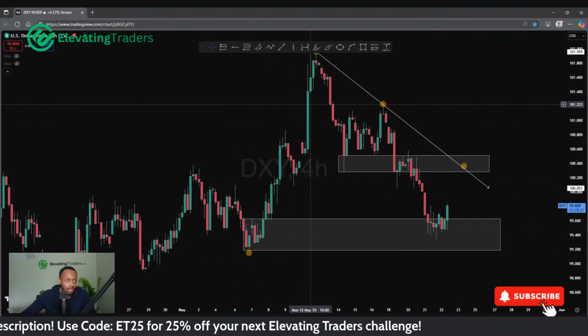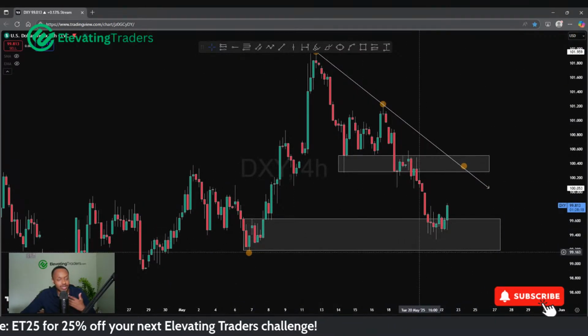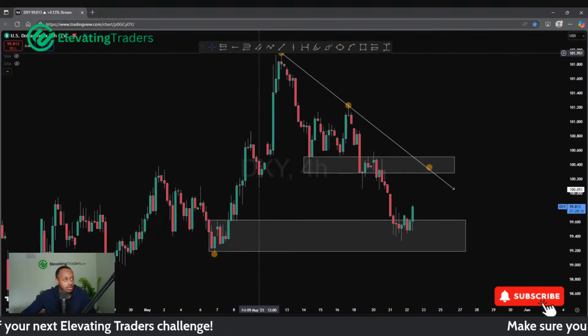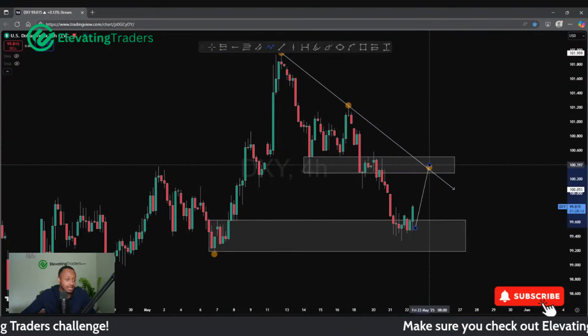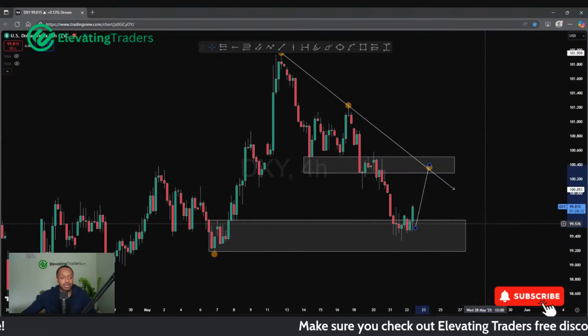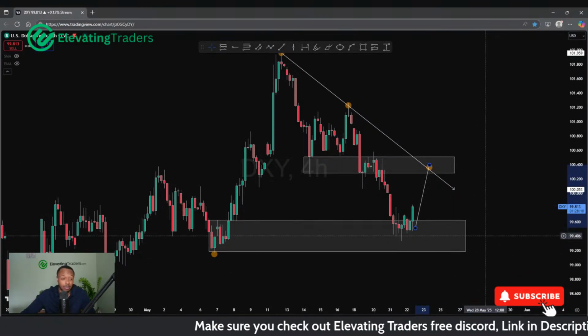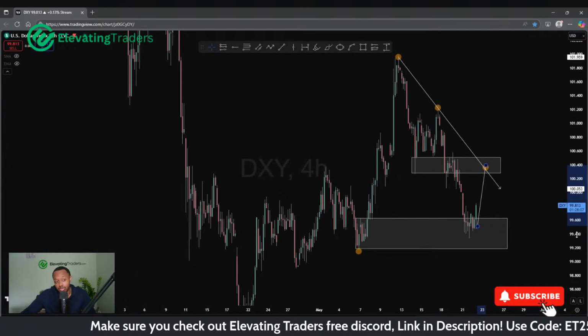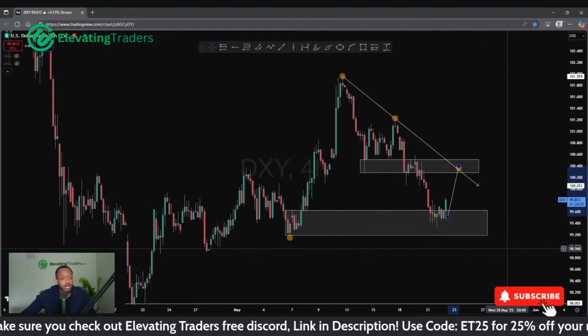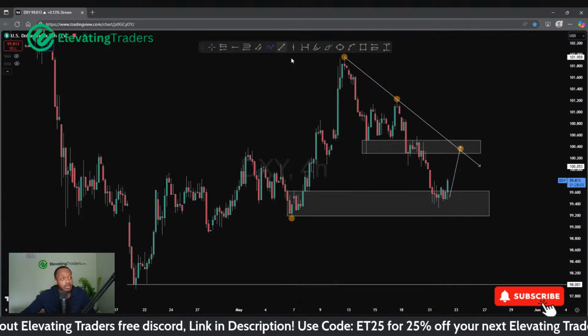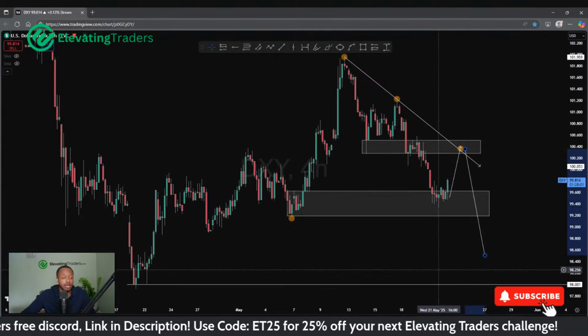Of course, this is the zone that gave us that swing. So naturally expecting buyers to enter the market. I talked about potentially a push to the upside into this area yesterday, back into 100.4. I still think that's a reasonable expectation there for dollar. And if we can get there, reject it well, I think that could be a nice place for a short.